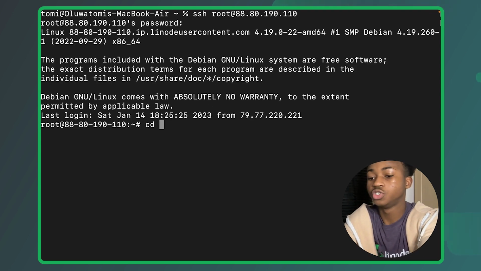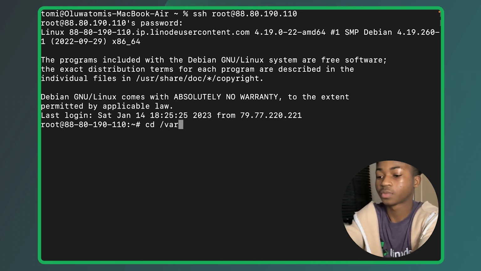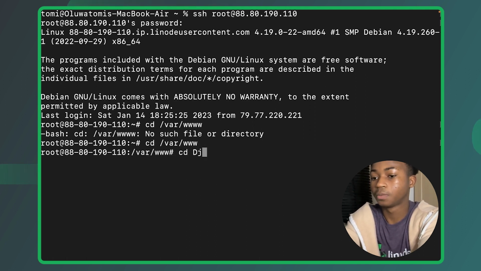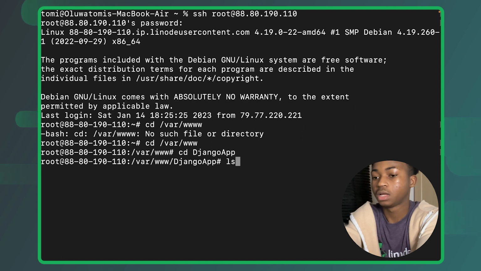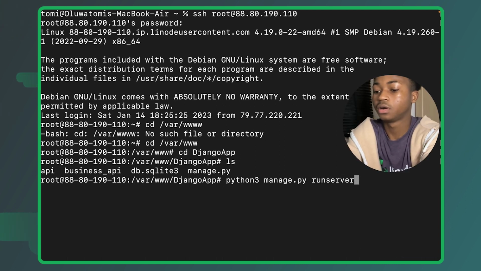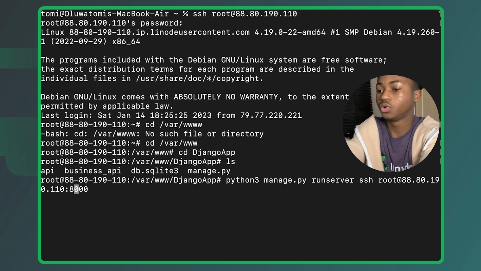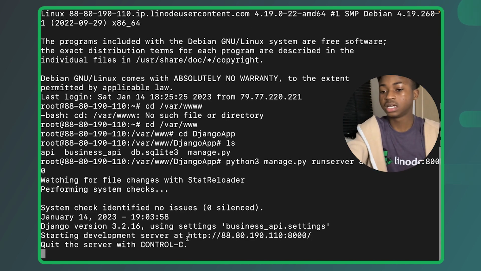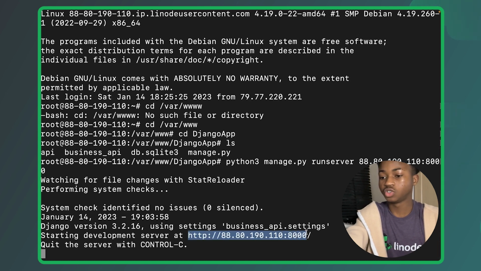So I'm just going to go into /var/www. And I'm going to go into the Django app. And once we say ls, we should have our project. Now let's say python3 manage.py runserver, and we want to run it on port 8000. As you can see, it has this SSH root. We want to remove all of this, just the IP address. Now you can see that it says it is running on this particular server. So we can just copy it,